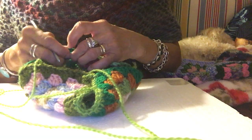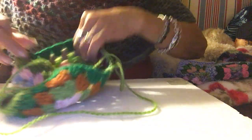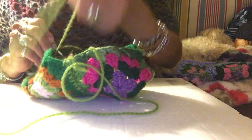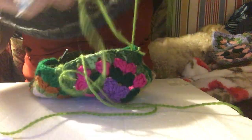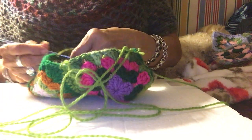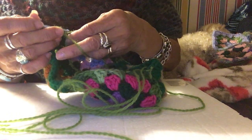Okay, so now I'm going to take my thread, and I could start down here, or I could start here. It doesn't matter where you start, I would probably just start here. Stick your needle in, and then take your thread, and attach the color that you want to make your rib. Just attach it to the top of the chain, and you're going to do a chain 1, chain 2, chain